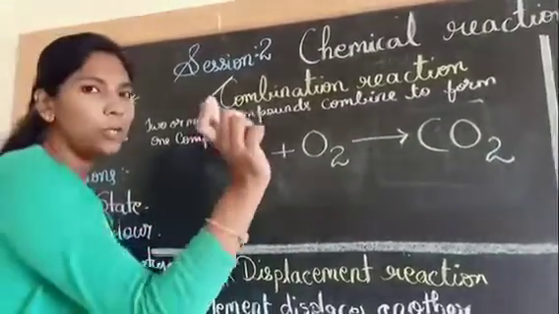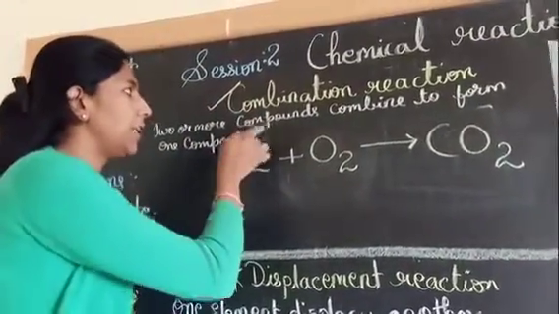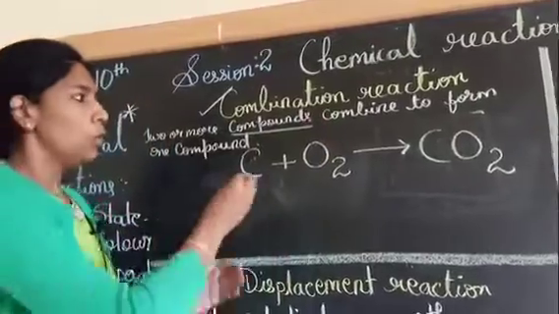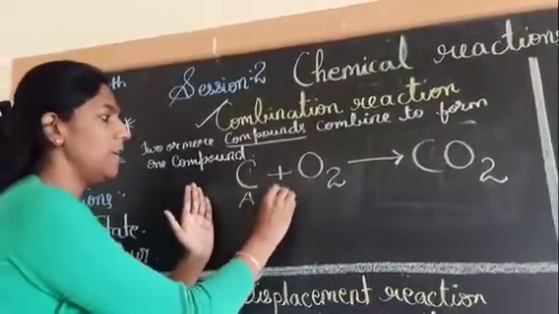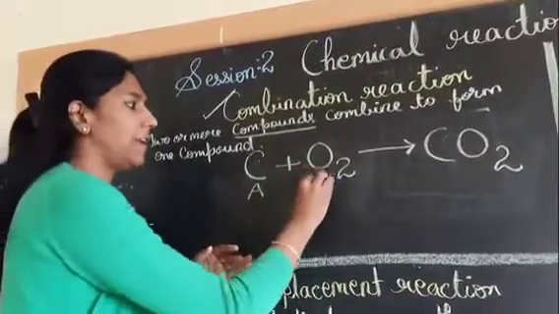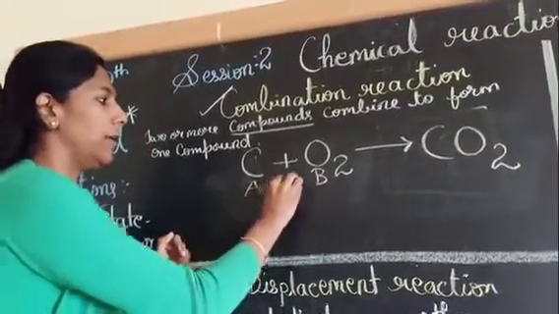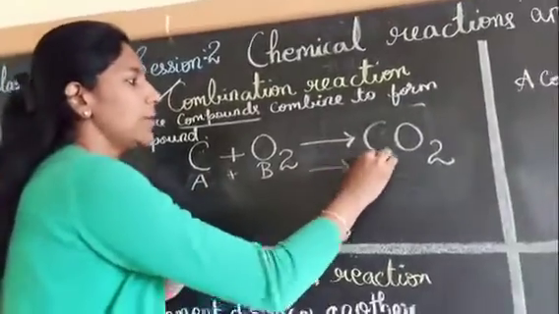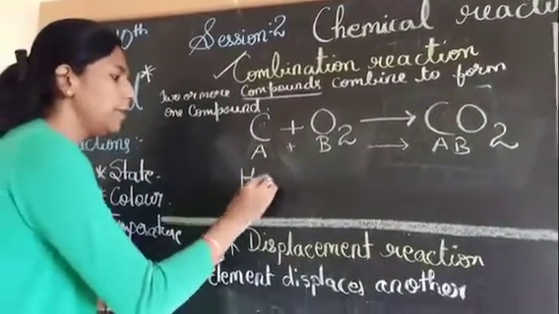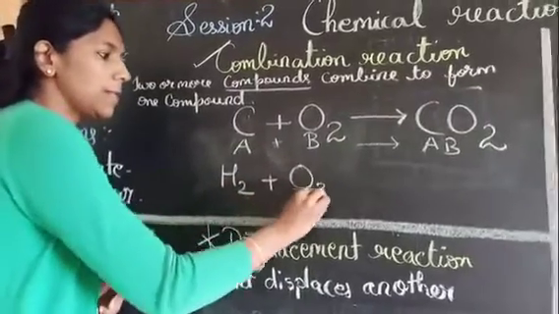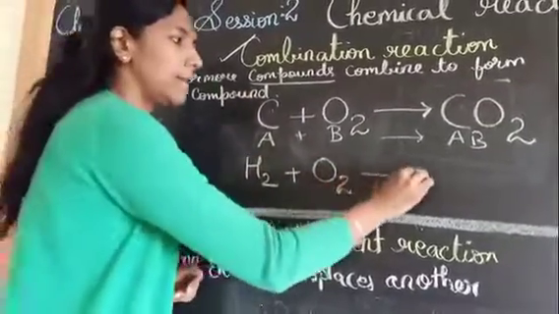So it's not compulsory that every time it's going to be a compound. Anywhere you find this, you're going to simplify it this way. This is a general formula: A plus B gives AB. So this is example 1. One more example I have: H2 plus O2. That is the simplest one,